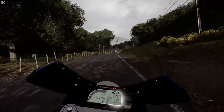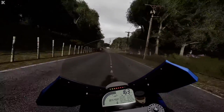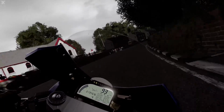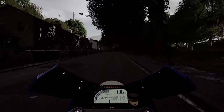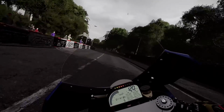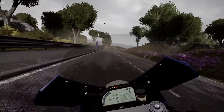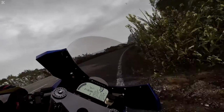That's the first time we actually meant to brake on a lap, I think. And then we've got the next corner coming up, which is tight. So yeah, slightly brake through this sweeping right. Careful of the wall on the inside. Again, something you don't really talk about with circuit racing. You've got all of these different variables in play. Apart from the handling, that really caught me out playing this again: oh yeah, I've got to watch out for a fence, I've got to watch out for a house, I've got to watch out for